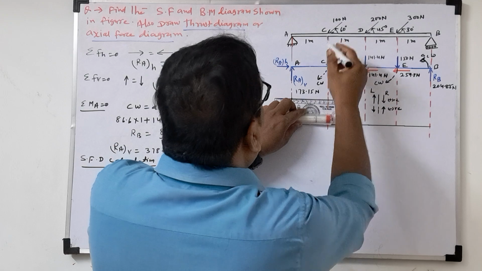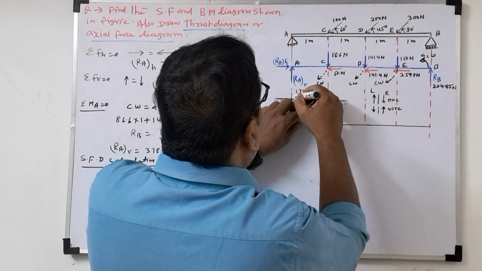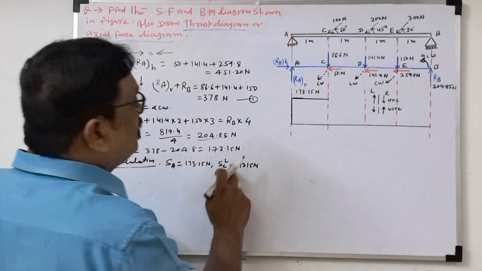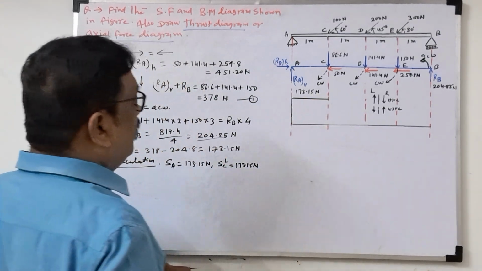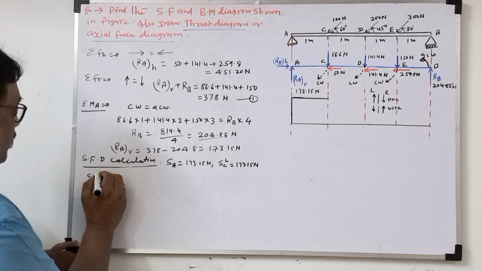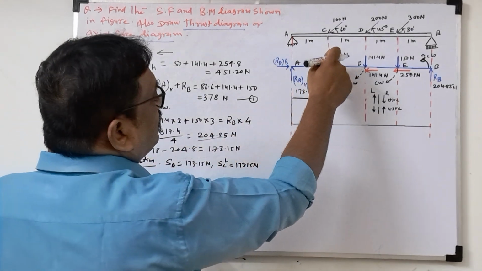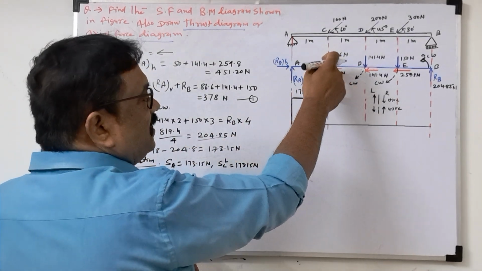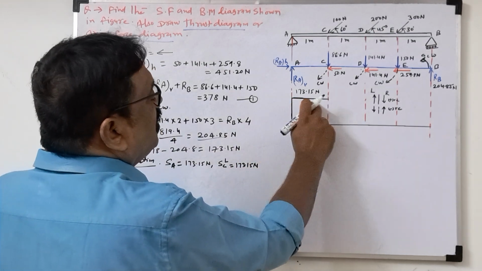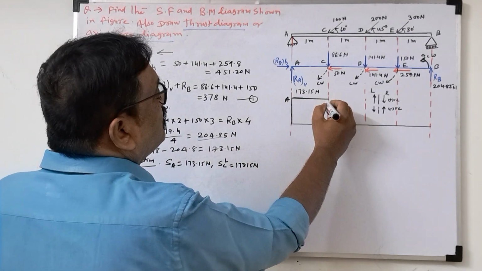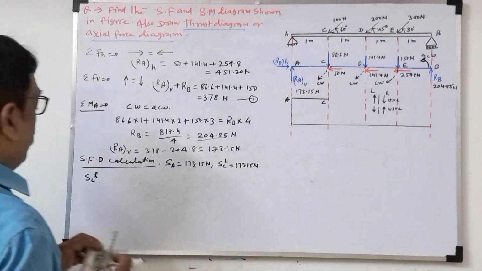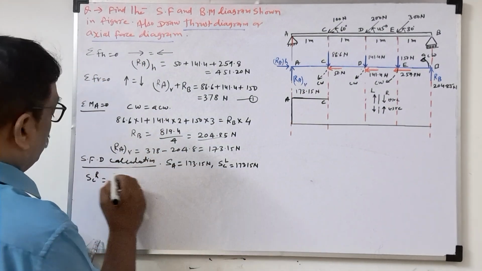Now at point C, just before, that means L, SCL means 173.15. If you write SCR, that means we will consider this point load. SCL means we are not considering the point load. In between A and C, no load. Now load acting at C. So what will be there? Up to this you write